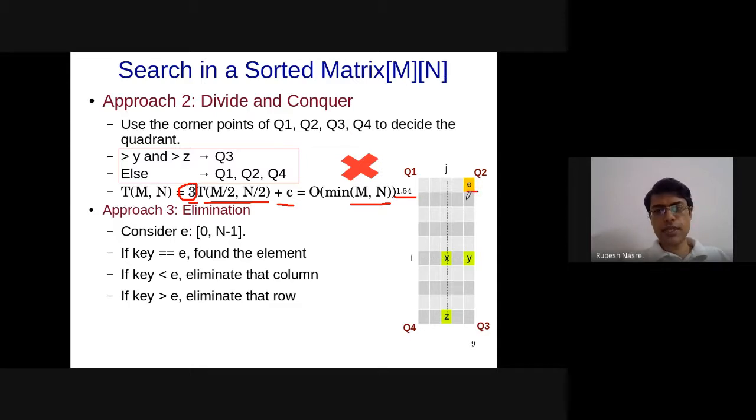You will go to the next e, which might be here, or which might be here, because you have eliminated either the row or the column. So this will give us some way of eliminating certain columns and rows. What will be the complexity of such an algorithm?